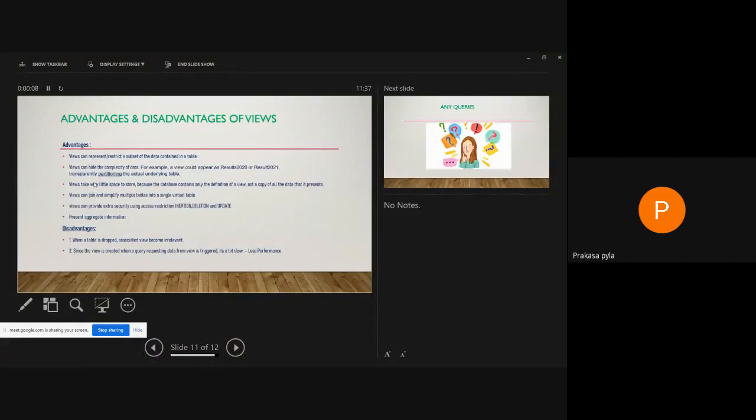As you know, a view is nothing but a simple SQL statement, hence it doesn't occupy more space. And we can also create a view by joining two or more tables.